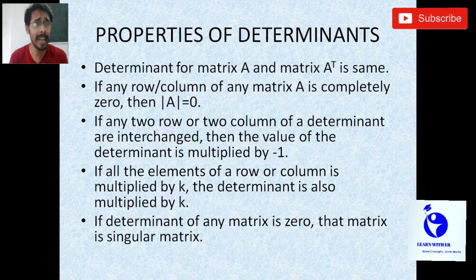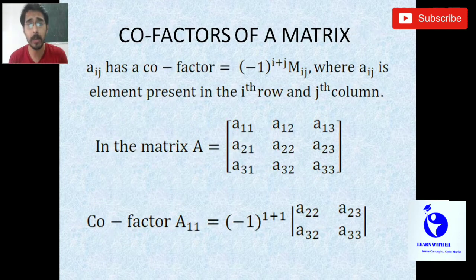So what do you mean by AT? AT stands for the transpose of A. Now what is transpose of A? For example, if we talk about this particular matrix, now the transpose of this matrix will be simply when the row will be shifted in the column and the column will be shifted in the row, and that will be for every single element. For example, the transpose of this one will be, in the first row we will have